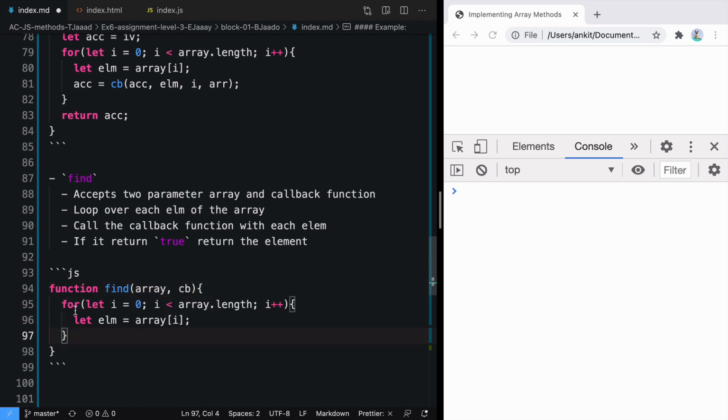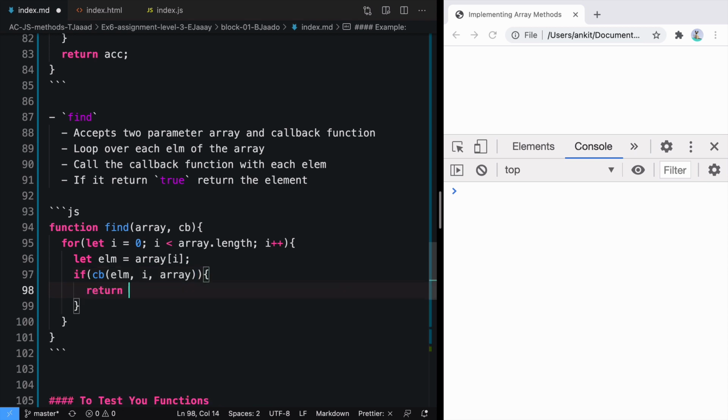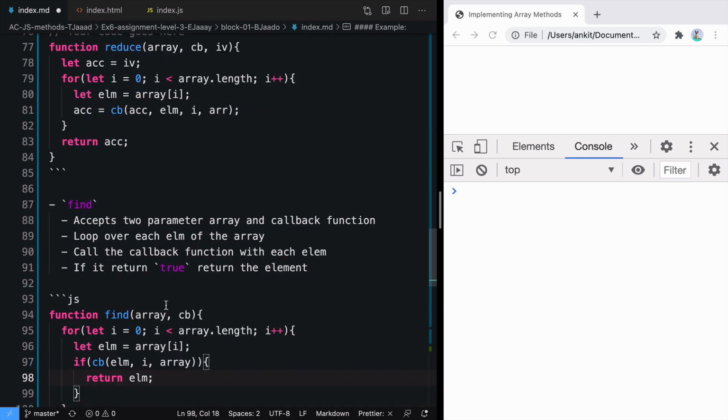We need to loop over each element, and after looping over each element, we need to check if you call the callback function with three values, that is element, index, and array, it should return true. If it returns true, you have to return the element itself. Otherwise, don't return anything, because find returns undefined if it is not able to find the value. In that way, we have almost completed it.